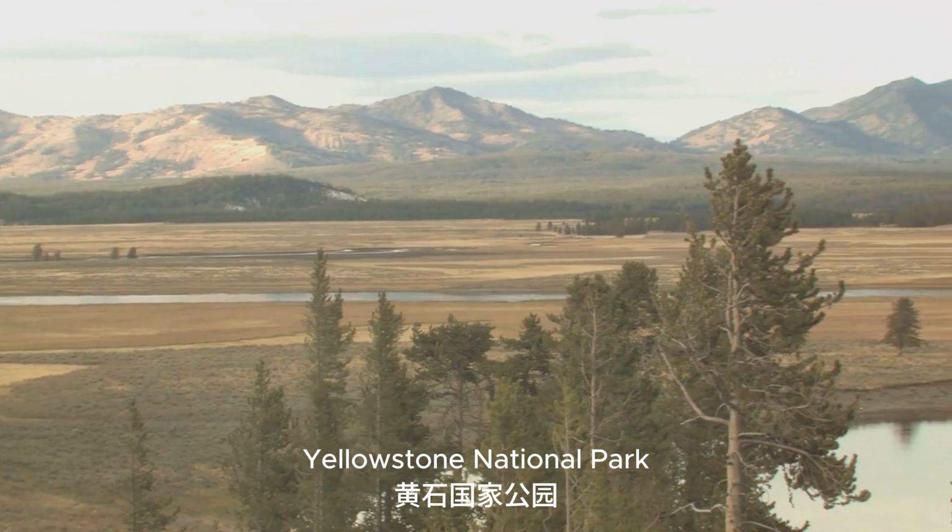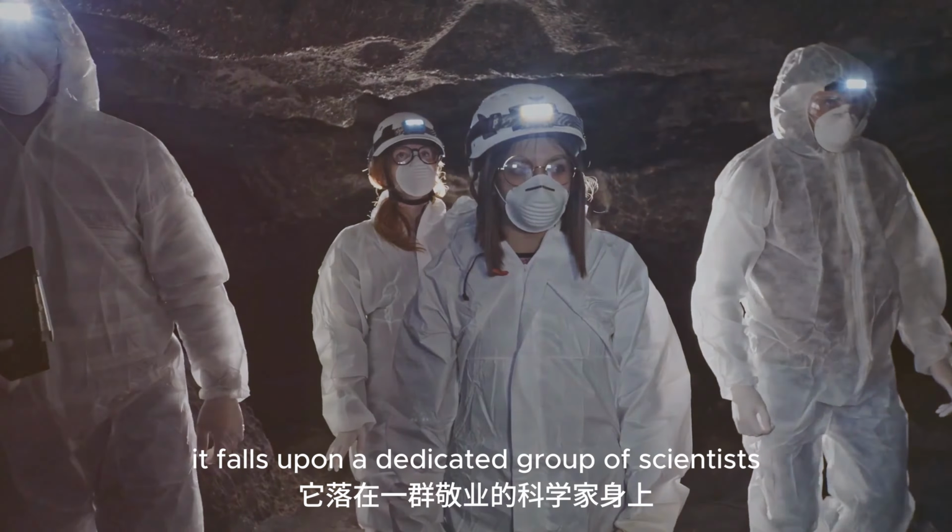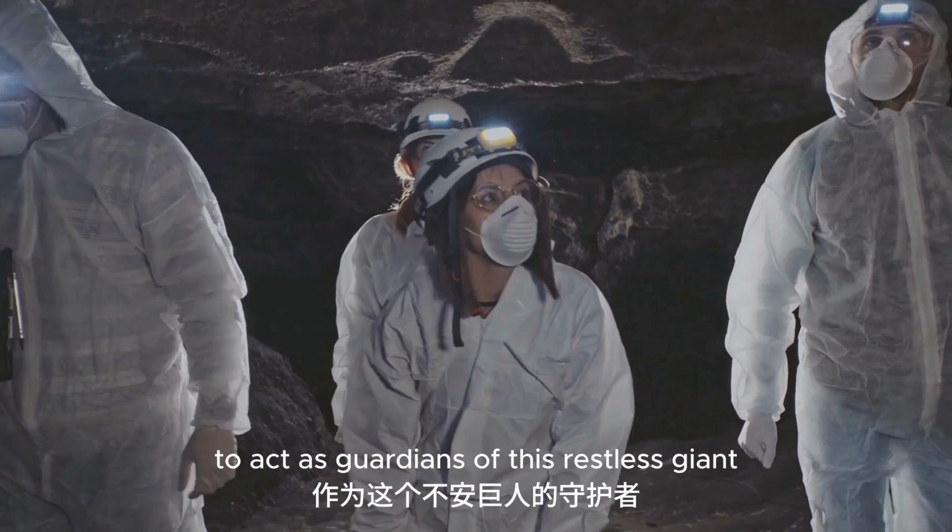Yellowstone National Park, for all its serene beauty, rests upon a slumbering giant, its fiery breath a constant reminder of the Earth's raw power. Safeguarding this unique landscape while respecting its inherent volatility demands vigilance and a deep understanding of the forces at play. It falls upon a dedicated group of scientists and park rangers to act as guardians of